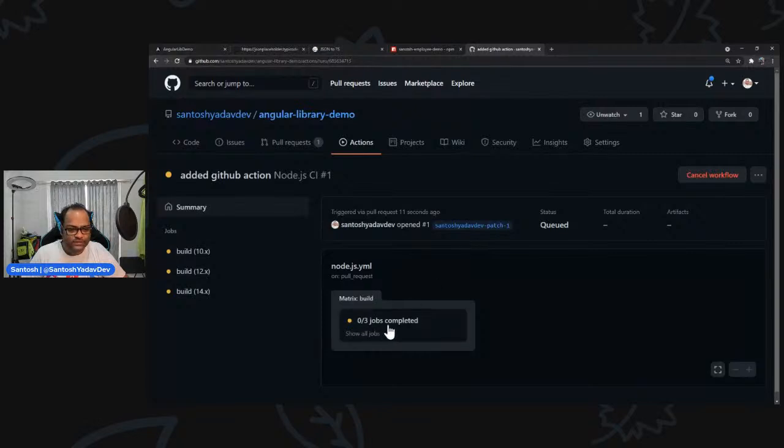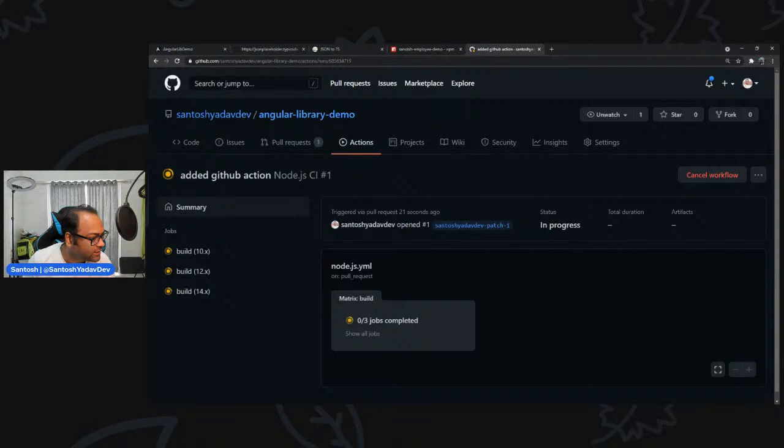for your code base. So it says there are 3 jobs because we configured our build to run on Node.js 10, 12, and 14. So it works as a matrix. I know most of you are engineering students, so you might be aware of what matrix is. So it's like one build into whatever combination you give, right? So right now we gave 3 combinations to run our build on 3 different versions of Node.js 10, 12, and 14. So this is what it is doing right now. So it will run for all